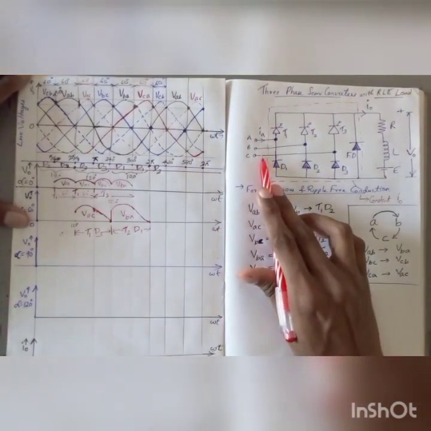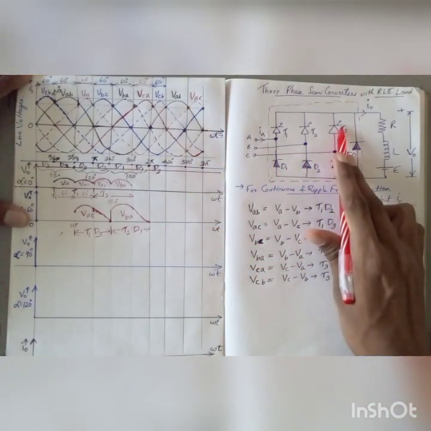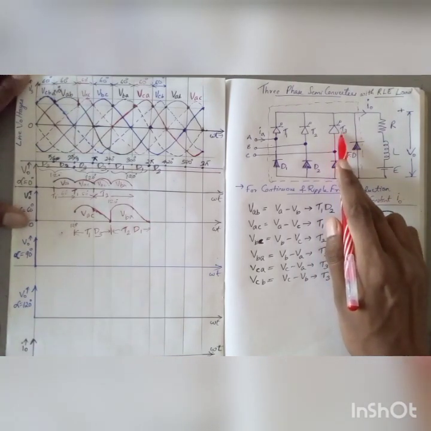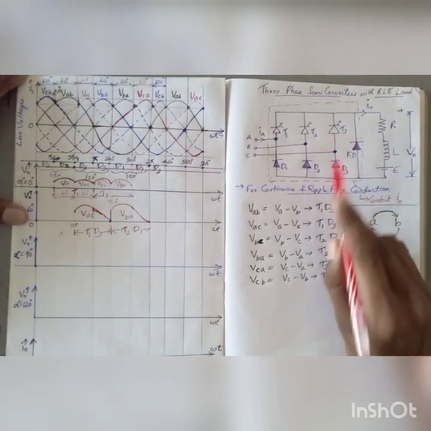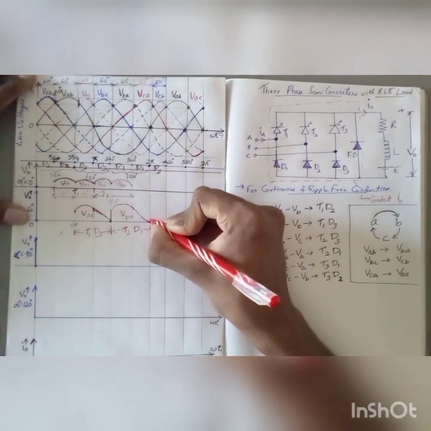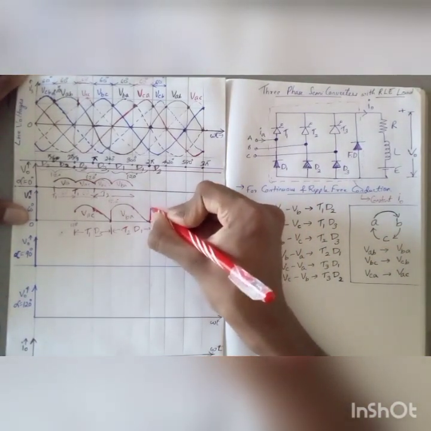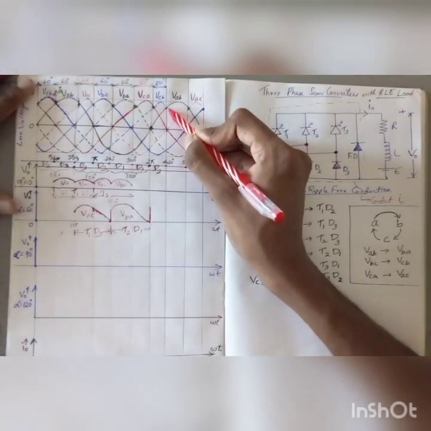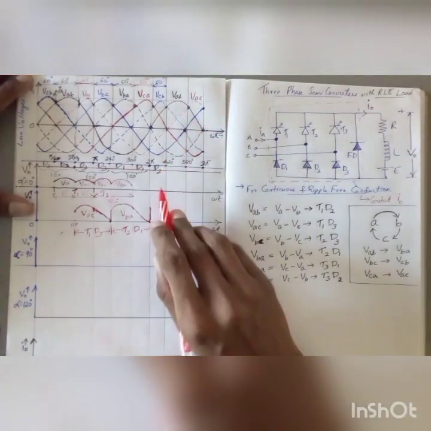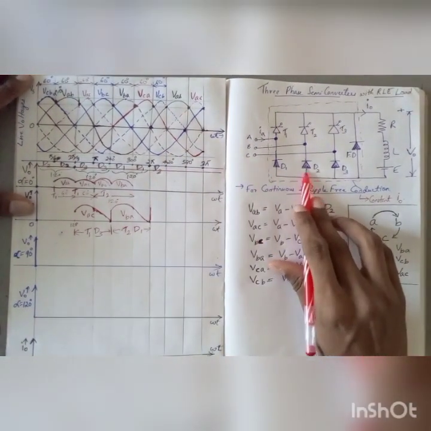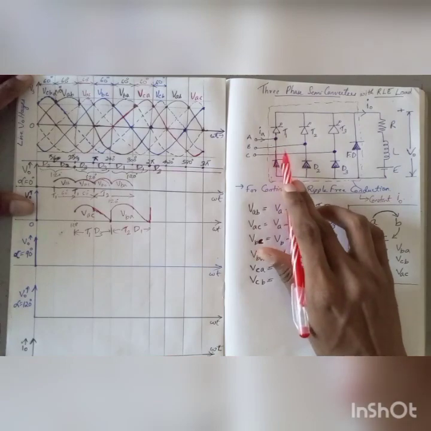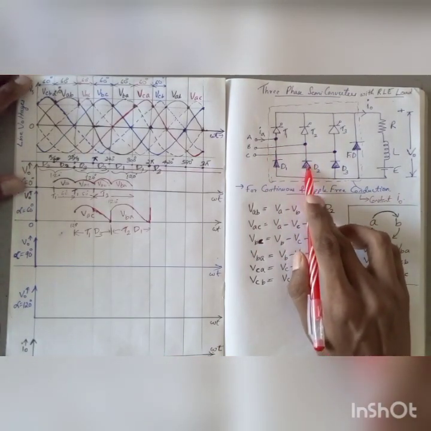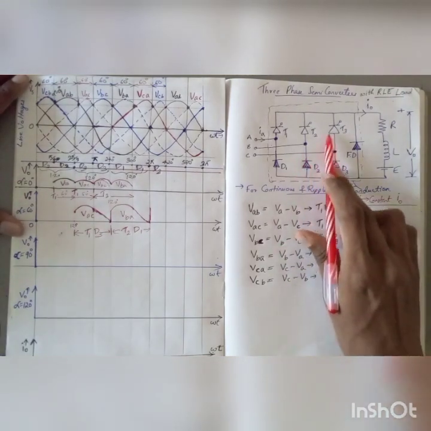VC means VC minus VB. Anode of T3 is getting positive, means T3 is in forward blocking mode, and it is triggered. So at 2 pi my voltage across my V0 will be VCB, because during VCB, D2 will be already in conducting state, because VCB means B is negative and is connected to cathode of the D2. So D2 is already conducting, and now T3 is also triggered.